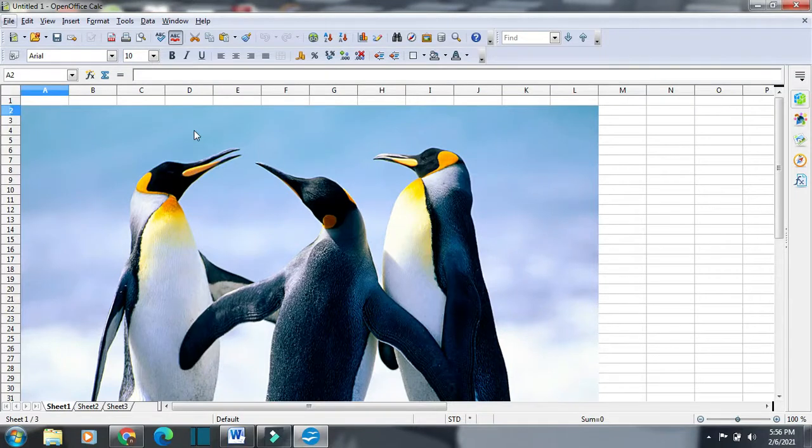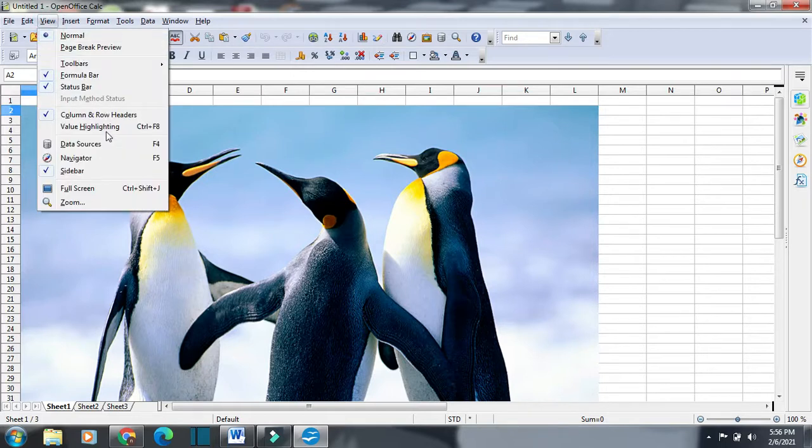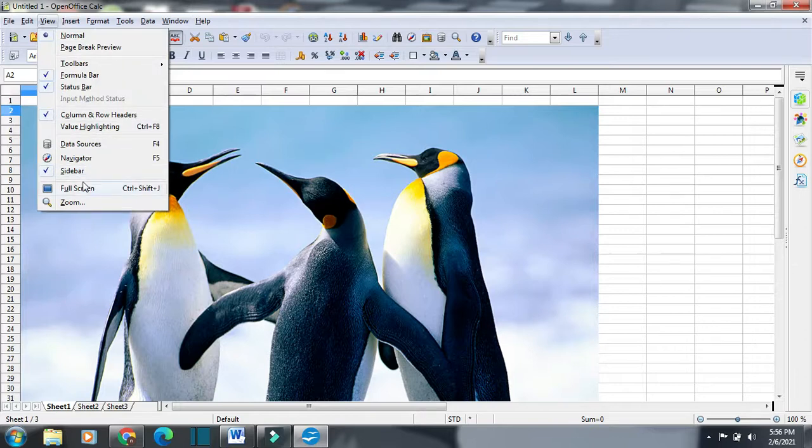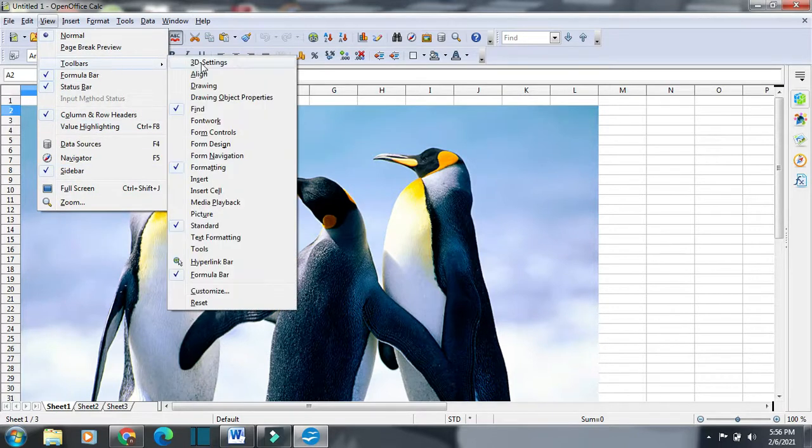So I just deselected the pictures toolbar, and this pictures toolbar is not visible now.